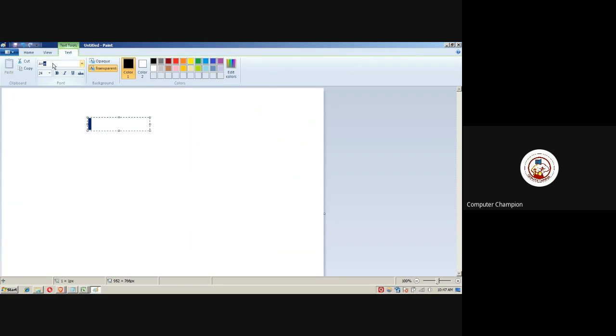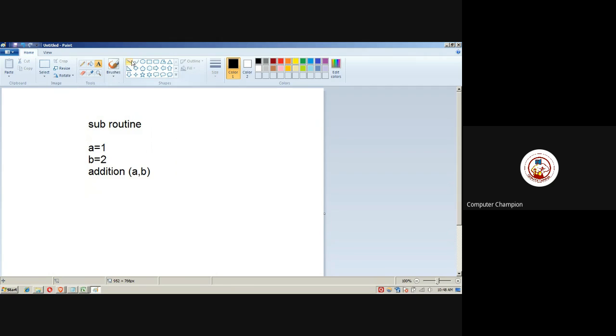For example, I will explain it to you in Paint. I have a subroutine, okay, in which I am writing A equal to 1, B is 2, and addition. I want to call function addition with A comma B. Okay. So this addition function will in fact call your function.